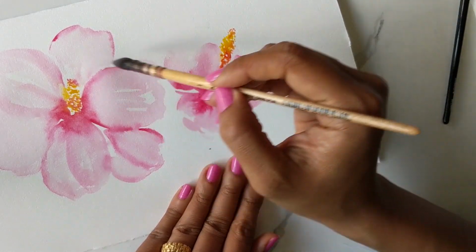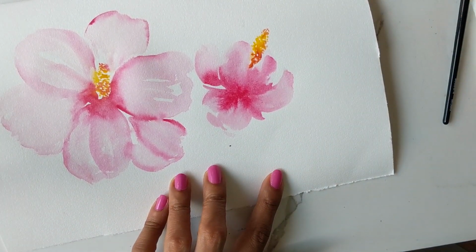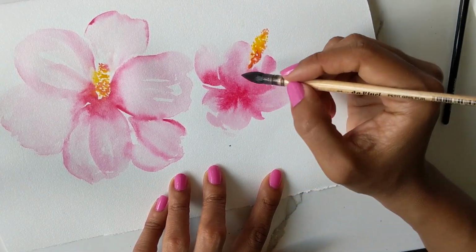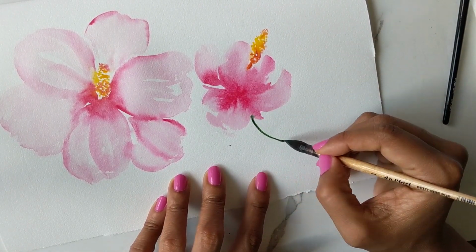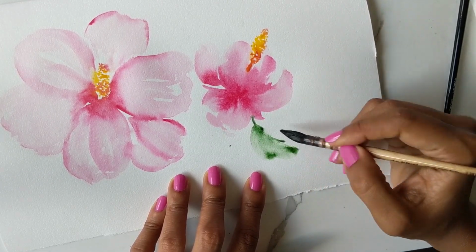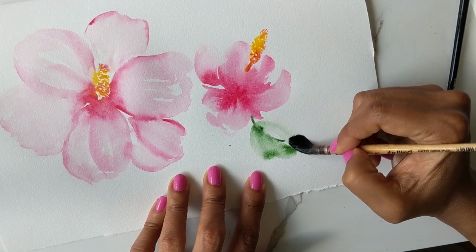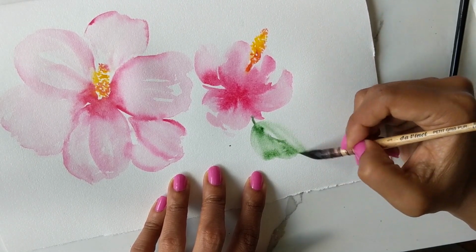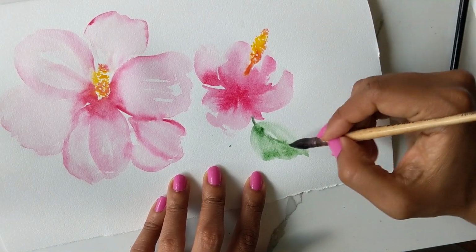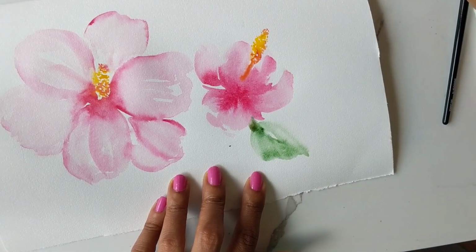So we're not going to get the blending effect here because they're pretty much dried, but I will aim to get something over here. So let's see if I can do anything. I'll just do a leaf here, and the leaves are nice and round with an edge. So I'm just pressing down my brush and then tapering, dragging it off to the end. And again, it's loose, so I want to keep lots of white space in between,